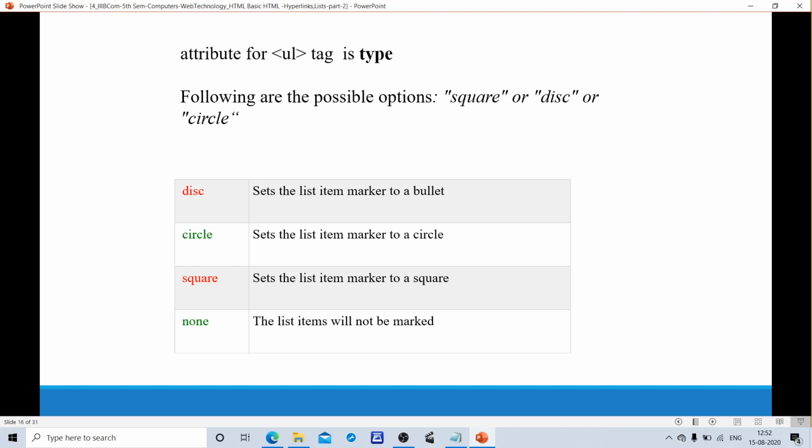Square sets the list item marker to a square, so the bullet is in the shape of a square. Circle sets the list item marker to a circle. Disc sets the list item marker to a bullet. If I don't want any marker, if the type is none, nothing is marked, the list item will not be marked.